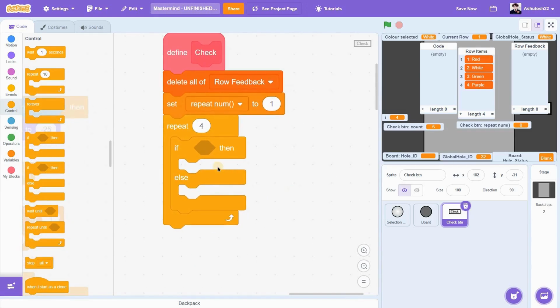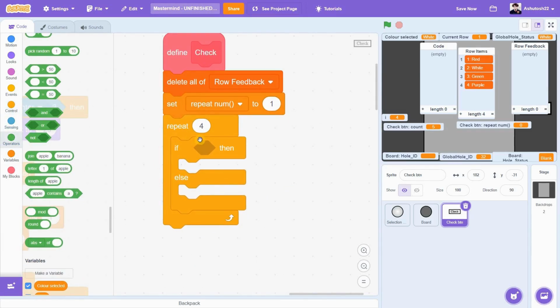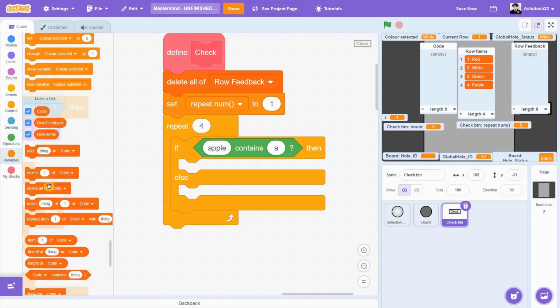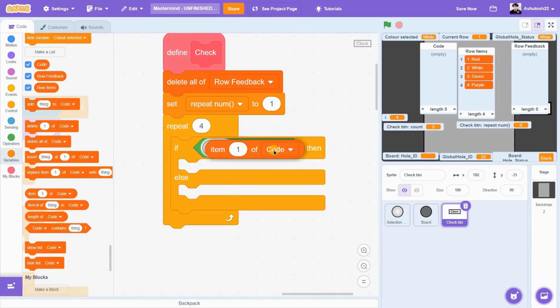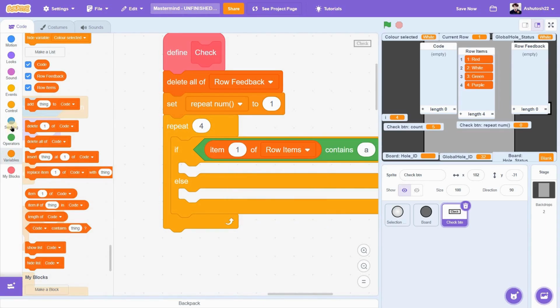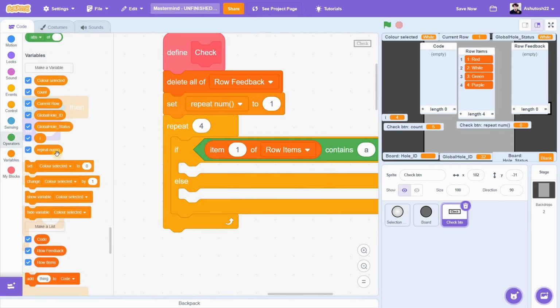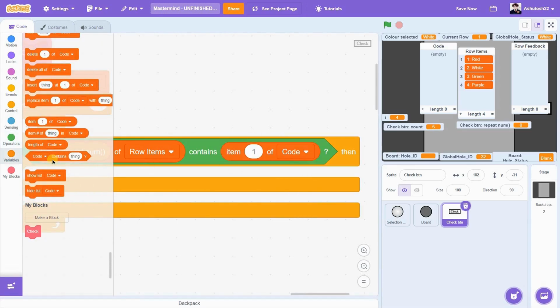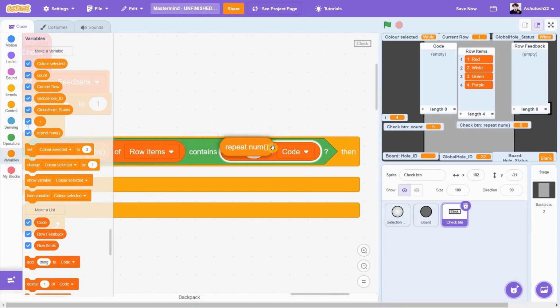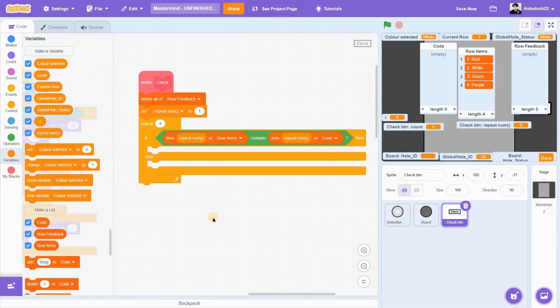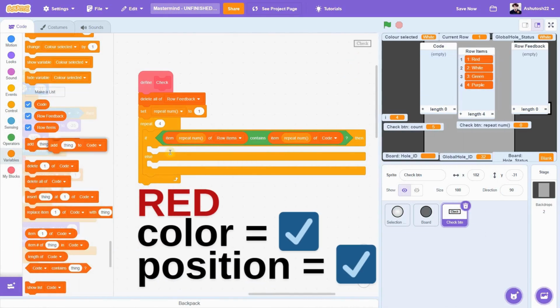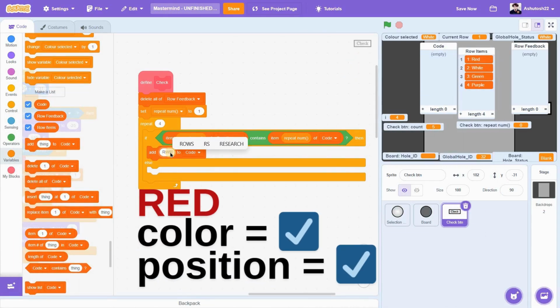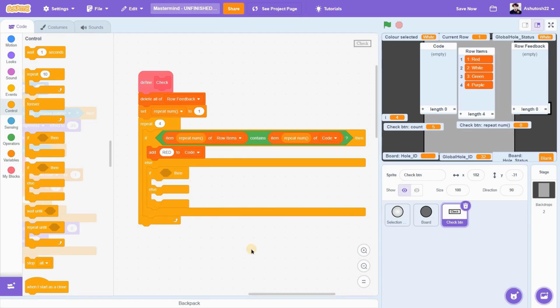If else block, contains from operators. If the item repeat number, that is from the variables. So if item repeat number of row items list contains item repeat number of code, then add red to the code, which signifies the color is correct and the position is also correct. Else